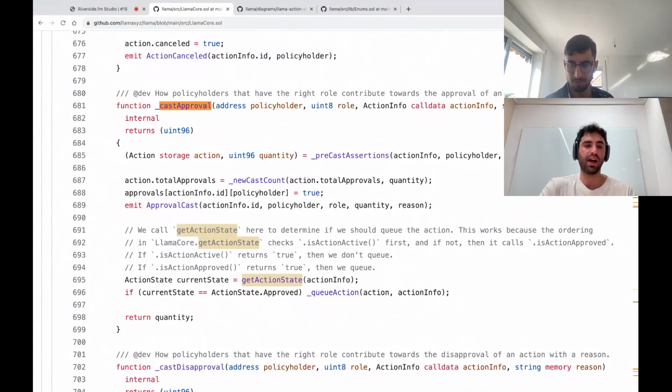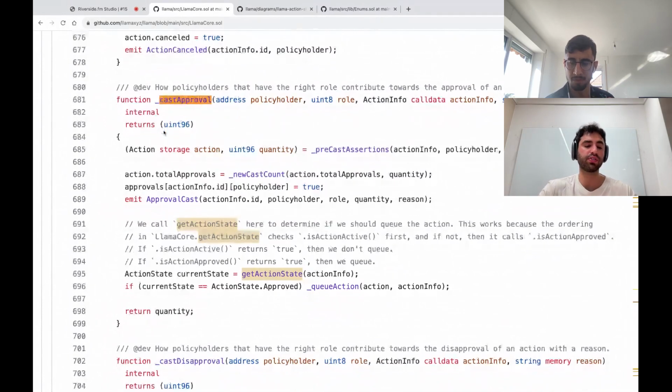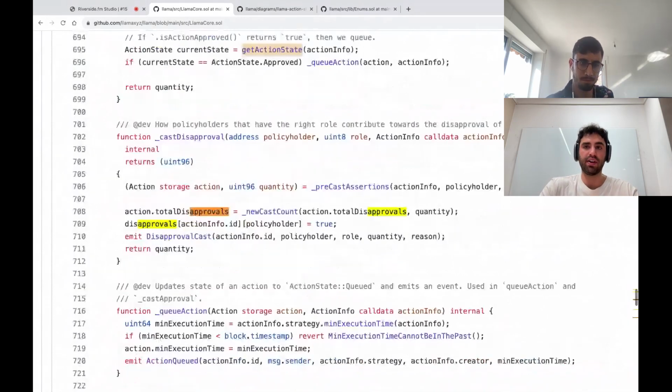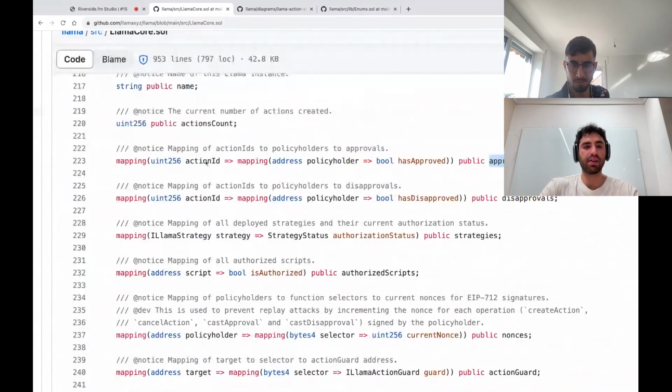What we see here is we have this approvals mapping in our contract. In the core we have a mapping from the action ID to the policyholder to this Boolean, have they approved or disapproved.